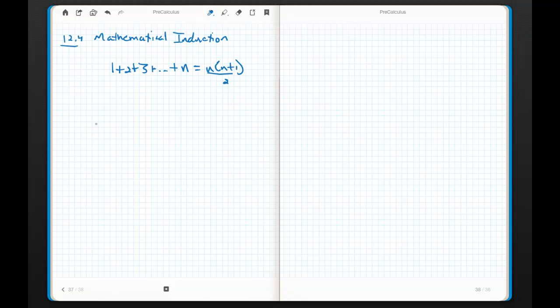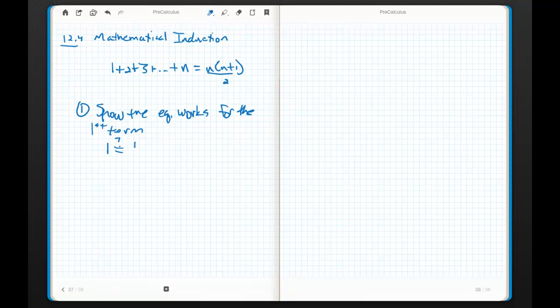Now, the principles of mathematical induction are very simple. Here's the way it works. In step 1, you just show the equation works for the first term. All right, so in other words, this guy right here, is 1 equal to, this is a question mark,